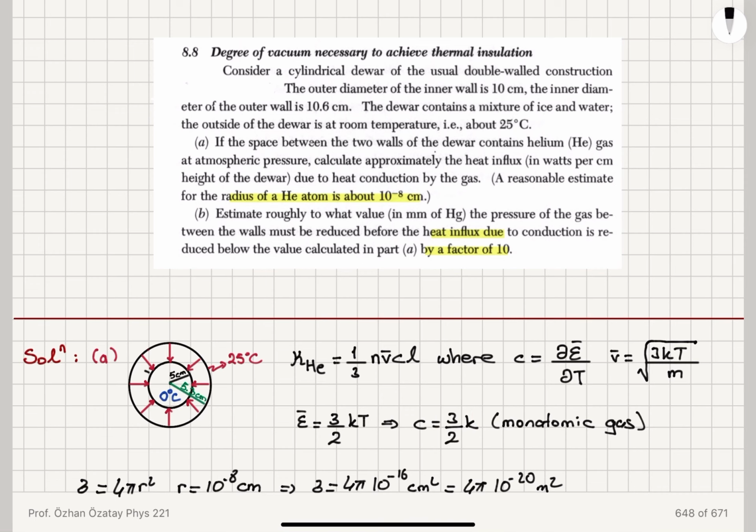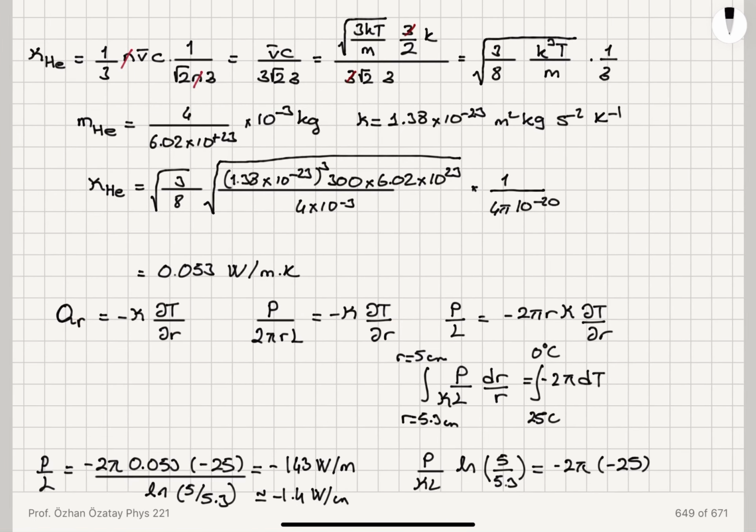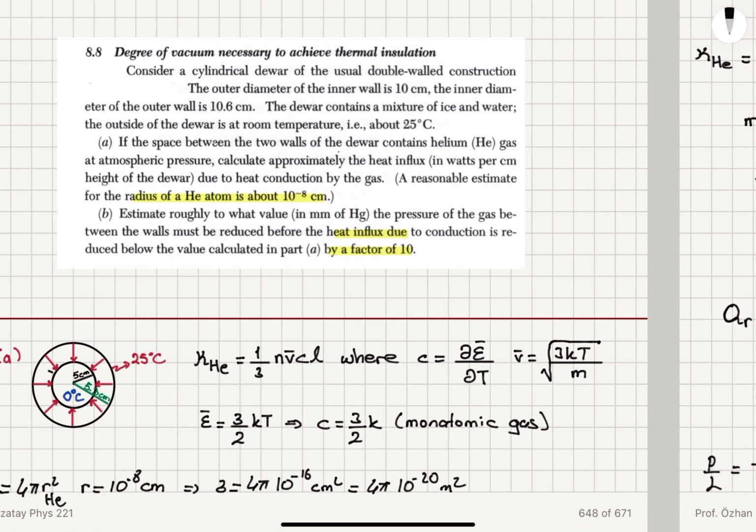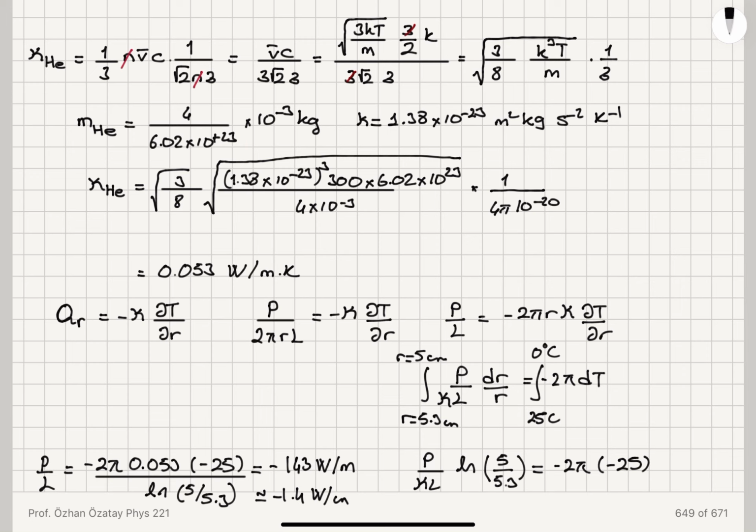So C is 3 over 2 k, and the mean free path is 1 over square root 2 n sigma, which has the total scattering cross section 4 pi r squared in it, where r is the radius of the helium atom, which we can estimate to be 10 to the minus 8 centimeters. That gives us sigma. So substituting all of these values here, and for the mass of helium, the atomic weight 4 times 10 to the minus 3 kilograms divided by Avogadro's number, and for k we use this value, we obtain a thermal conductivity of 0.053 watts